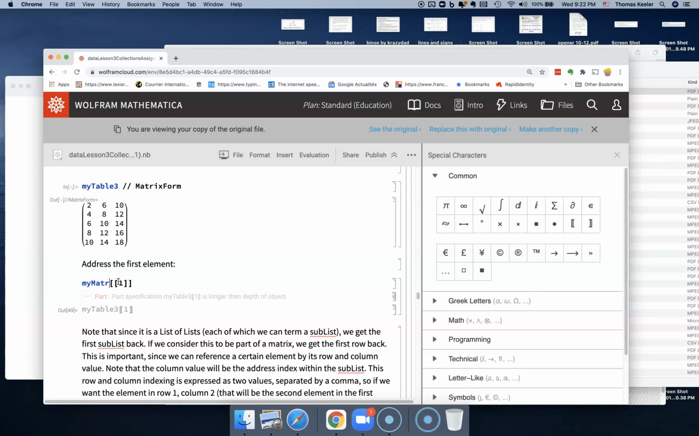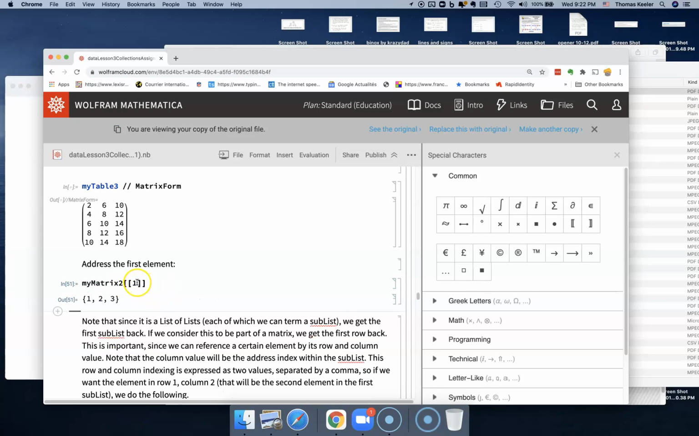My matrix 2, and we want the first element. Okay, 1, 2, 3. My matrix second element should be 4, 5, 6. I think, yeah. My matrix 3 would be the third. So there we're going by the row,